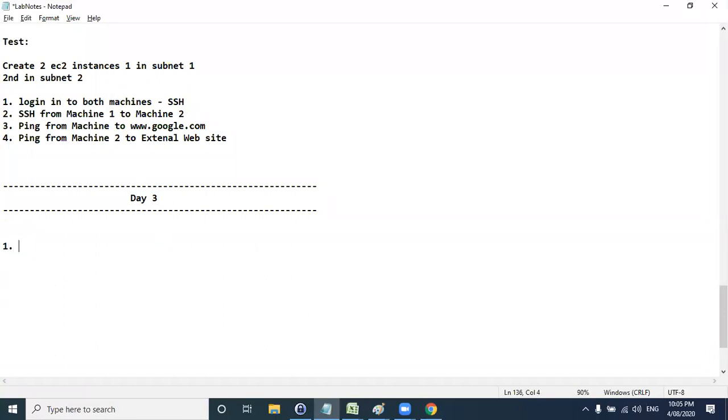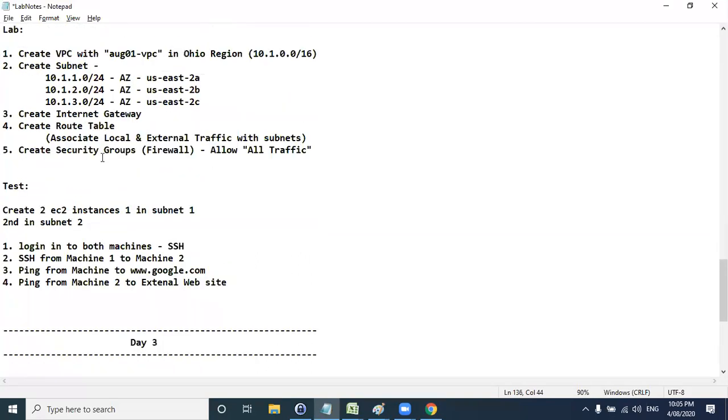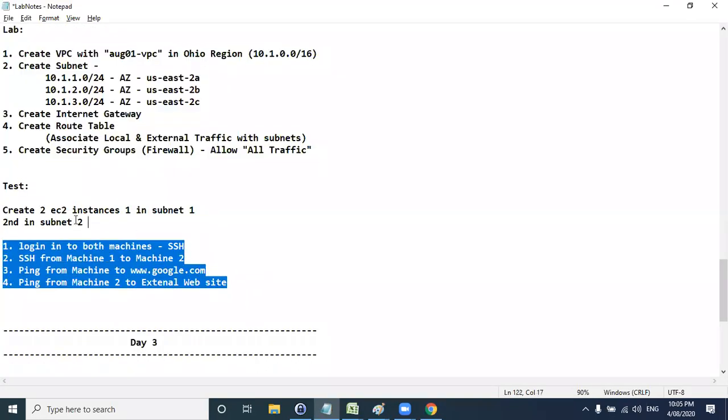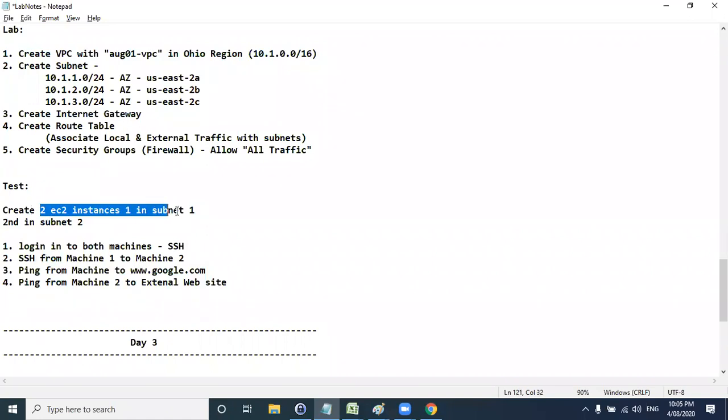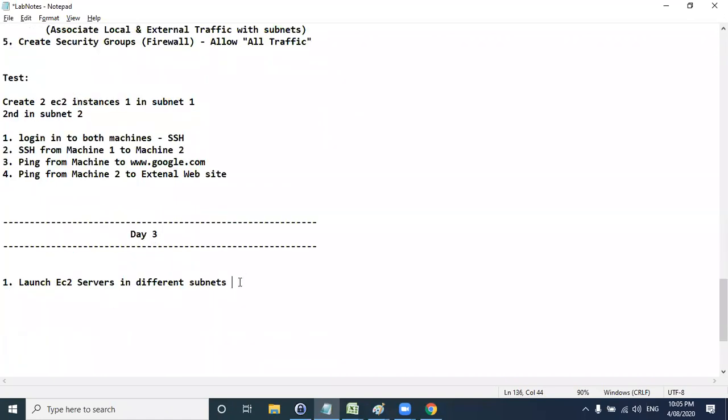Today we will launch EC2 servers in different subnets, because we have created this setup in the lab and we need to test it. To test this lab, we need to create EC2 instances in different subnets.